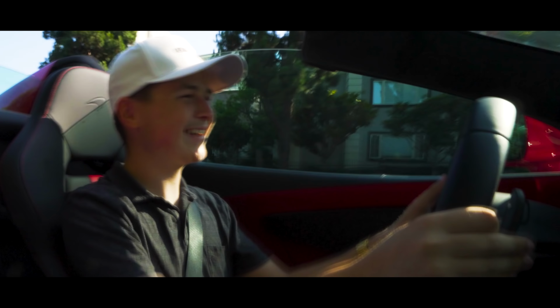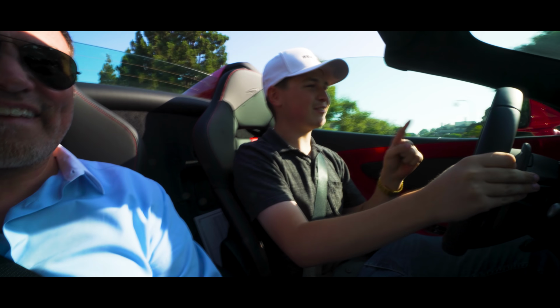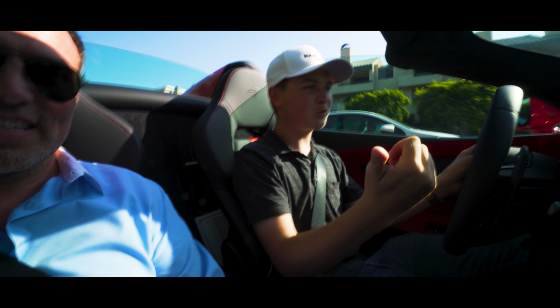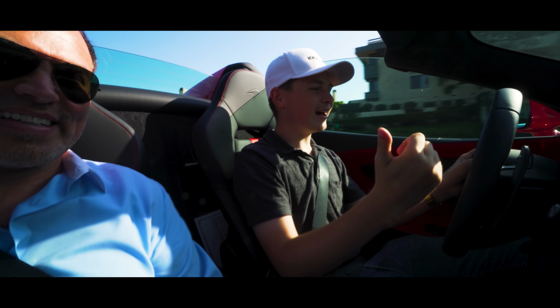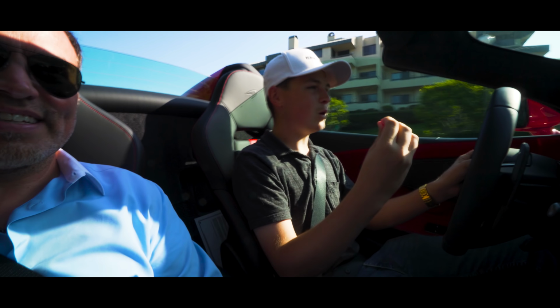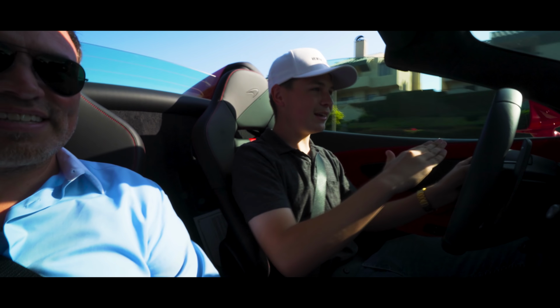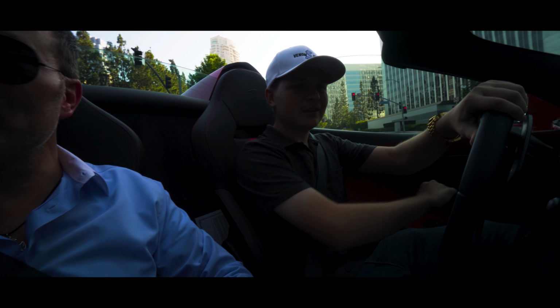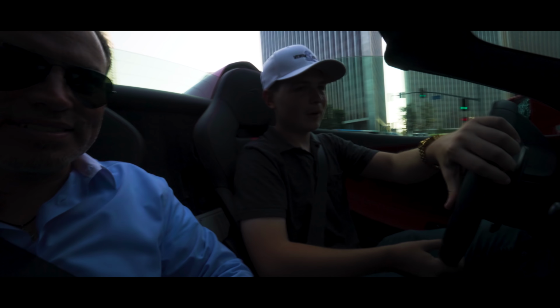Okay, yeah. That's what I noticed, guys. I was going, am I in the wrong gear? But no, it's the turbos. Oh my God, but it's not too harsh when the turbos kick in. It's a gradual build up to a certain extent where it's not too much. The way McLaren did this car, I think...